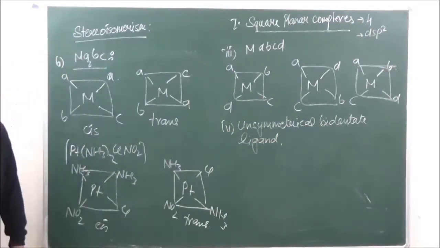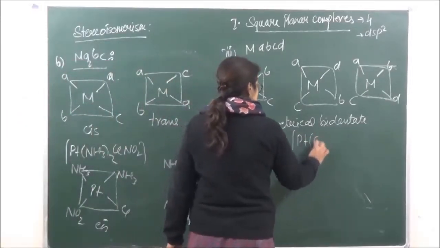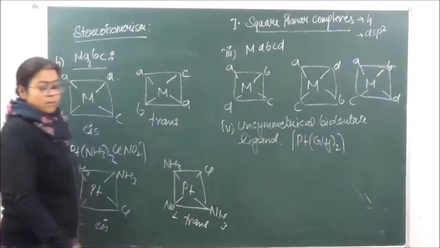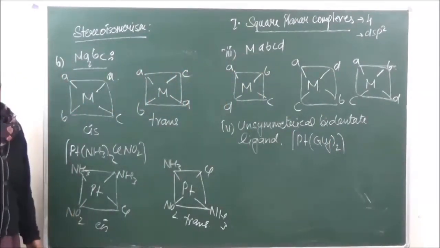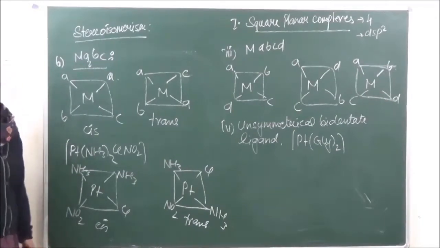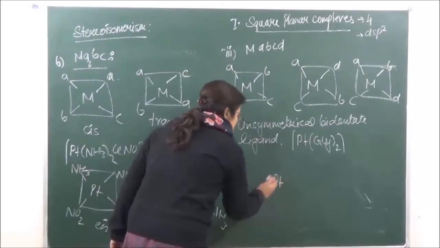In that case, let's take the example of platinum glycinato complex. This is the platinum glycinato complex which we have over here. Now in this case, the joining of the same ligands, if it is on the same side, then it is going to be cis. Like for example, we have,